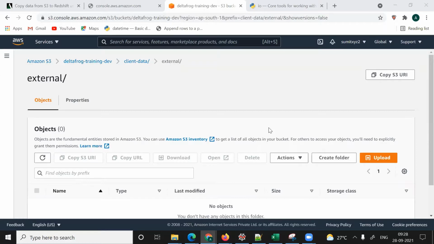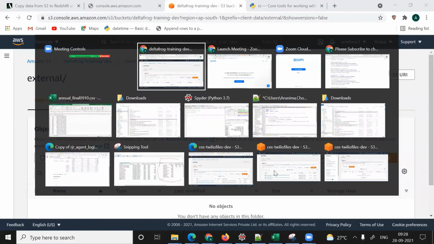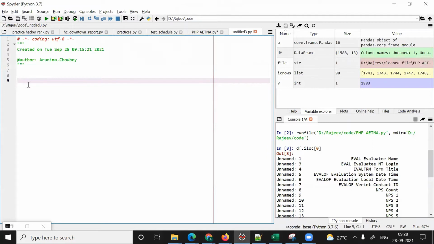My name is Sumit Kumar, and in this session, we will learn to upload a data frame into an S3 bucket. So this is going to be a very short video where we learn how to upload a data frame into S3. We have many scenarios where we have to read a file as a data frame, process it, and make the final data frame. Once we get the final data frame, we have to upload it into S3. So this is my use case.